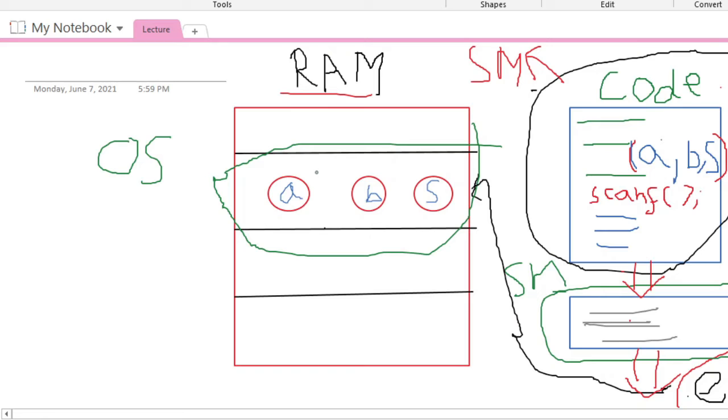Okay, so moving on, this will have some address. Suppose this L had address 232. Now first of all, whenever the code is in executable mode, the processor, that is the CPU,